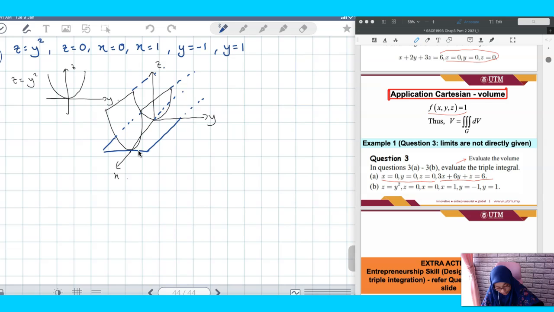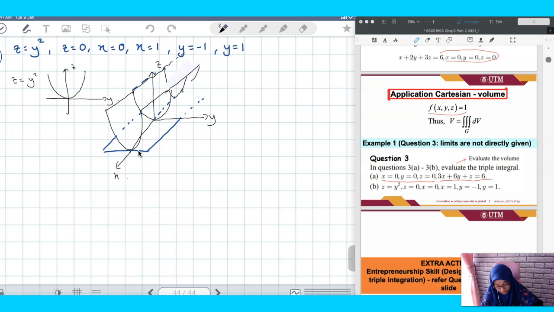Okay, so that is your plane. And it can be extended. Okay, this is very, very long, but then it's limited by the